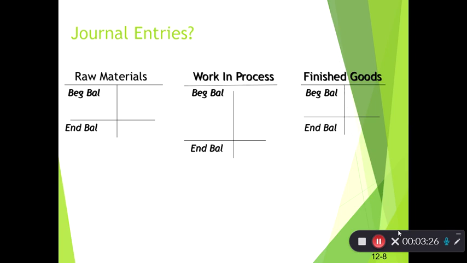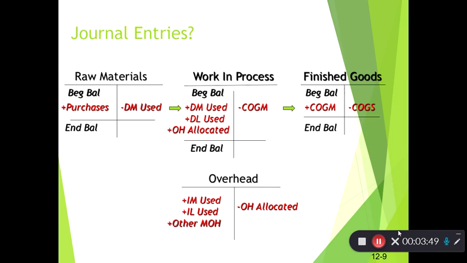So this is where I normally would ask questions of the class, but since we're doing this virtually, if you want to pause for a minute and think about what are the debits and credits related to the different journal entries for this process. Okay, so assuming you've done that, or assuming you don't want to do it, if we look at the items that are actually in each of these,